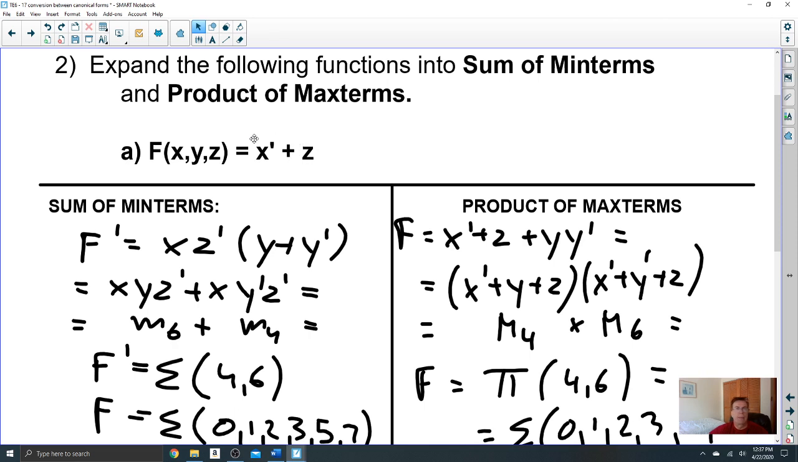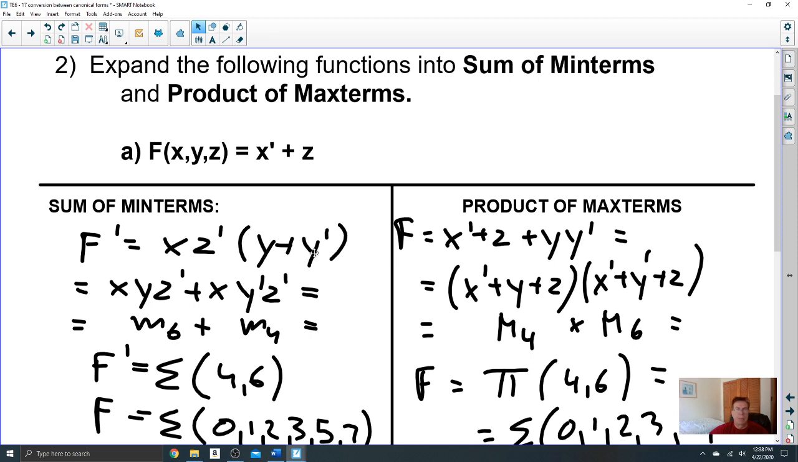What I can do is I can take x prime plus z and prime it. Priming means changing all variables into opposites, complementary. So you see x prime becomes x, z becomes z prime, and the operator plus becomes product. So my f prime is equal to x times z prime. So x prime plus z becomes x times z prime. This is very easy to expand into minterms,